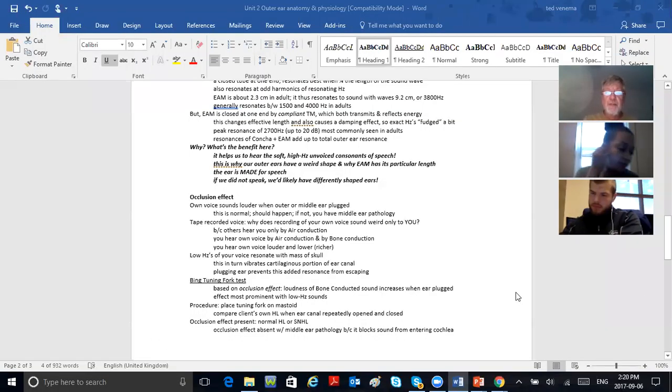Because a tuning fork on your bone is just like you yourself talking. It's coming through bone conduction. When you plug your ear, bone-conducted sounds are louder. When you plug your ear, your own voice by bone conduction gets louder. That's normal. You should have that. If you don't have that, Houston, you've got a problem. So doctors do that test. It's called the Bing tuning fork test, based on the occlusion effect. All right,